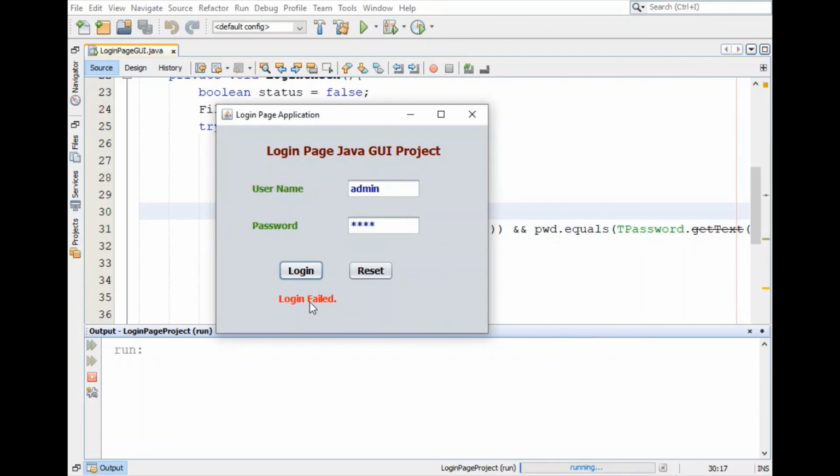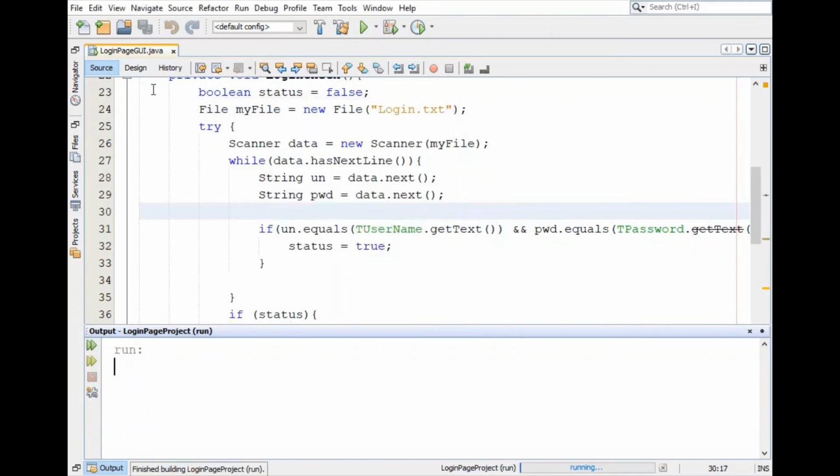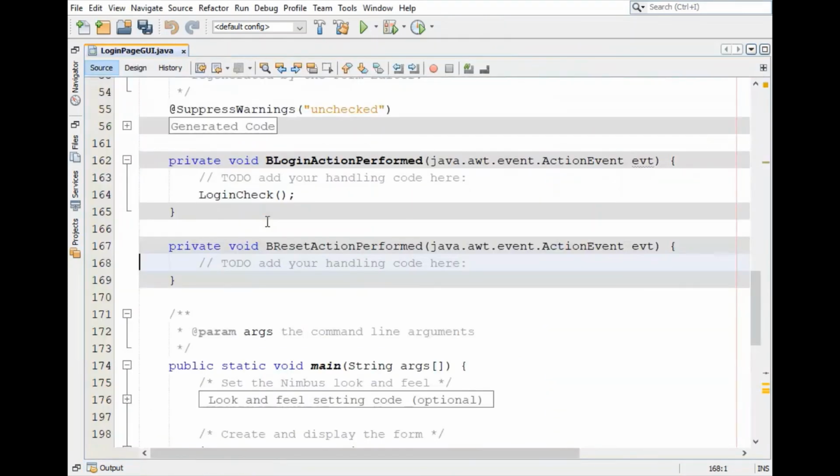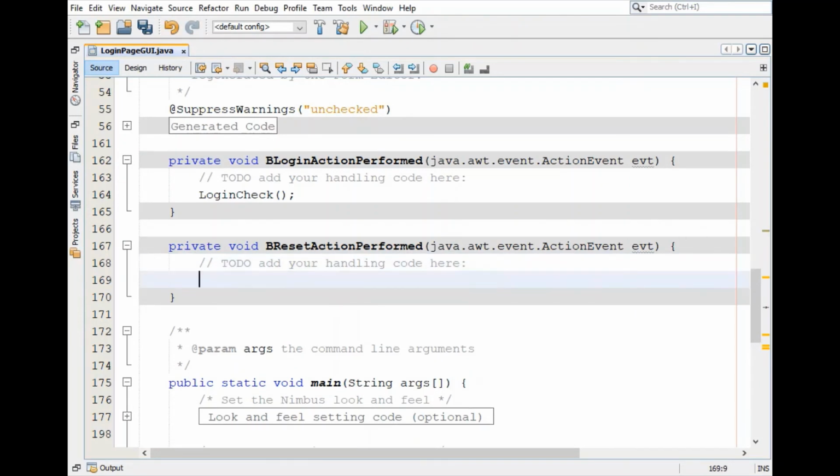Now just the final functionality on the reset click event, we want to clear all these labels and text boxes. So we'll go to this design tab and just double click here on the reset button. So under the button reset actionPerformed event, now we will just reset the values of all text boxes. So textbox username dot setText equal to just blank.